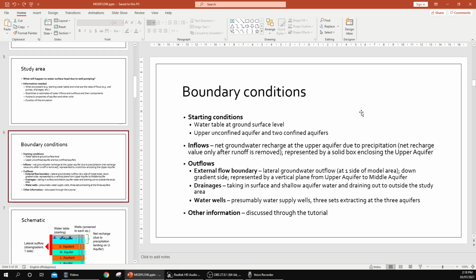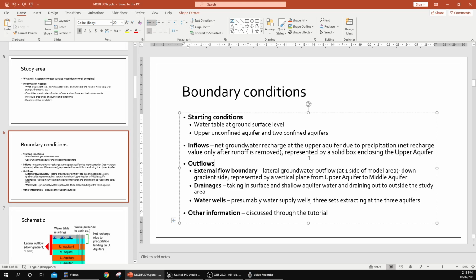right? So this is due to precipitation, although in the model we will be just inputting the net recharge. Meaning we'll be just dealing with the rate of recharge. We don't care about the precipitation or the runoff. We have to factor off those processes. We only need to get the net recharge value. Right, so this is represented by a solid box enclosing the upper aquifer, as you will see later in the